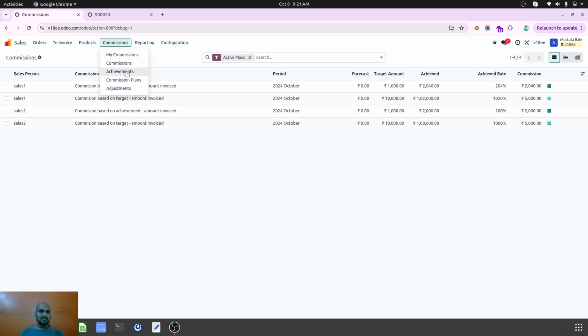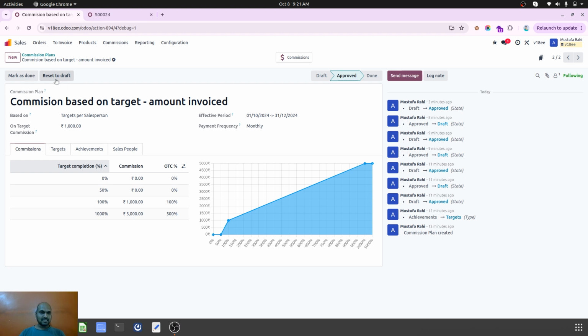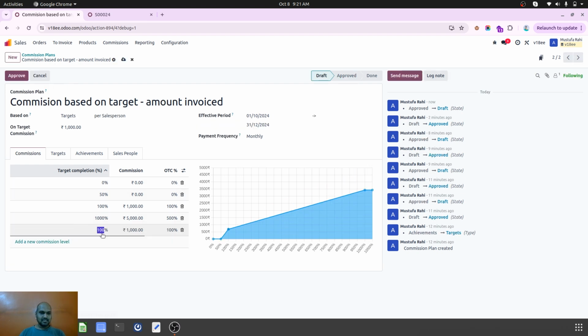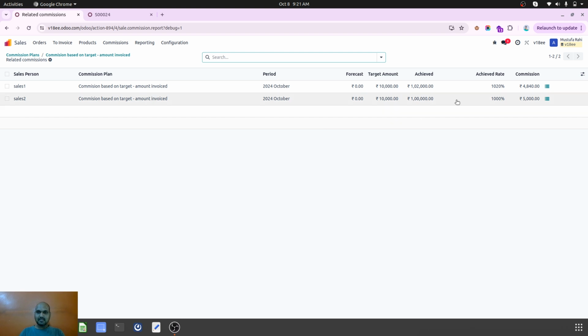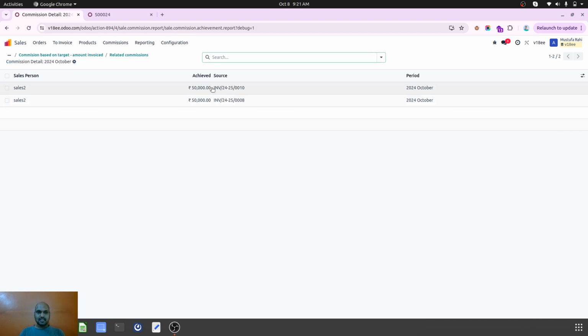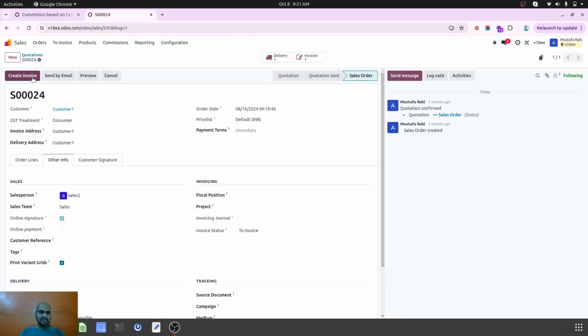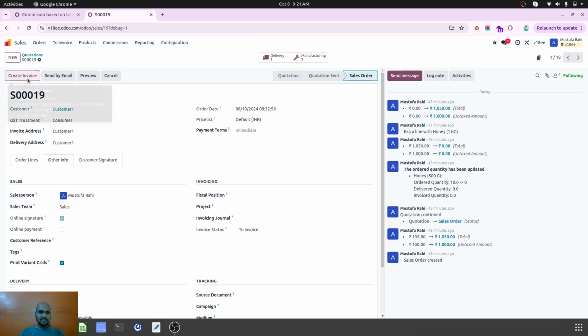Now if I improve my plan for commission, because he has achieved more on target, I reset to draft, I add one more level like 1500%, he will be eligible to get 1000 more. So let's see whether he is getting anything or not. So here, no, he has done the target of 1 lakh rupees only. Now let's say I am going into the sales order again and create the